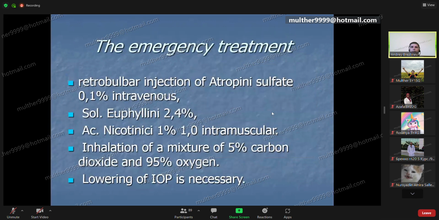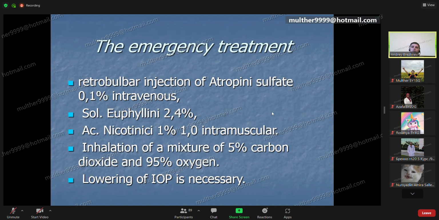Treatment of major retinal artery occlusion is aimed at restoring the retinal circulation as quickly as possible by increasing retinal perfusion and dislodging emboli. Retinal tissue cannot survive ischemia for more than a few hours. The emergency treatment should include retrobulbar injection of atropine sulfate, 0.1, intravenous euphylline solution, 2.4%,